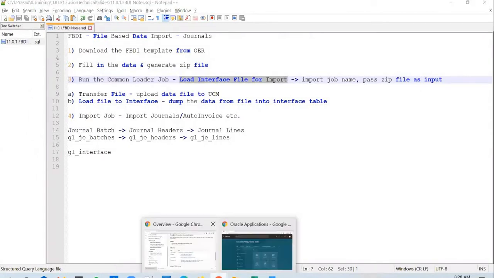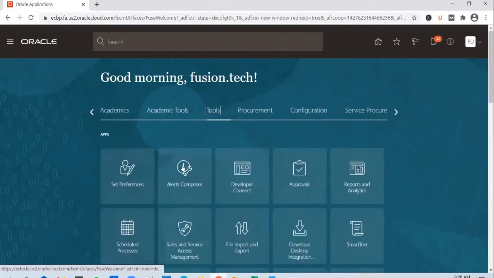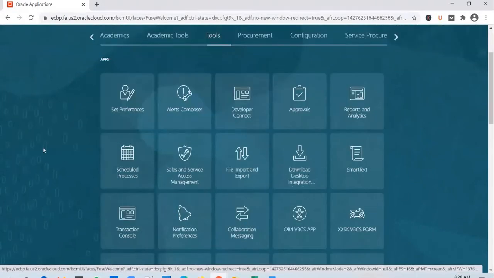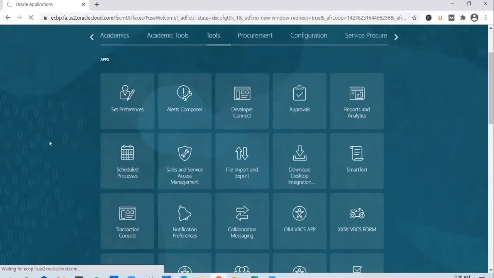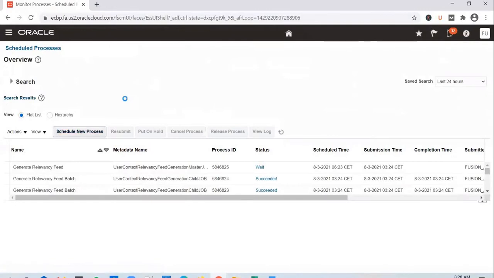So copy the job name, go to the application and go to tool section. Schedule process. And click on schedule new process.